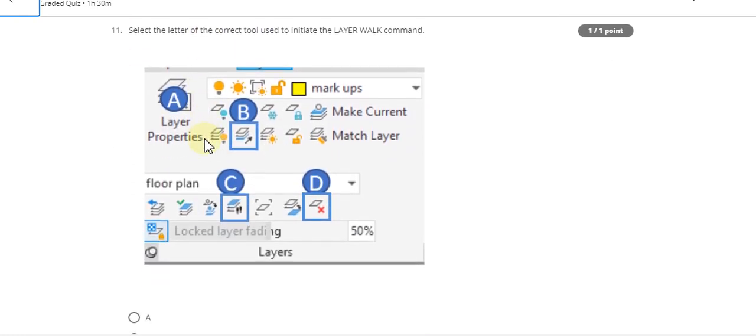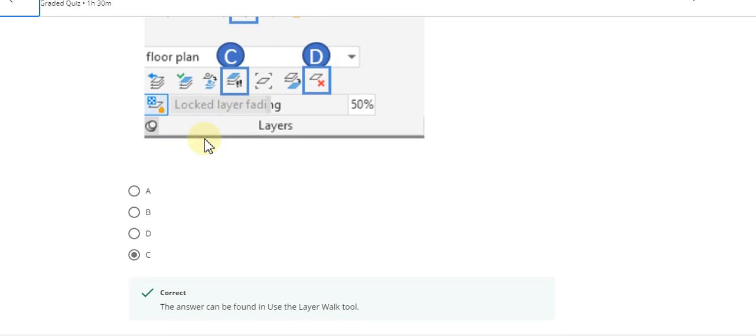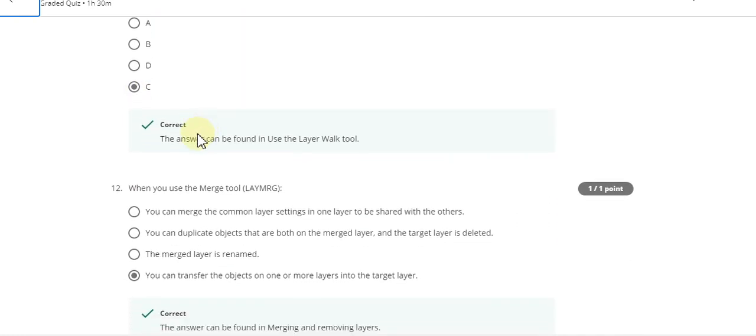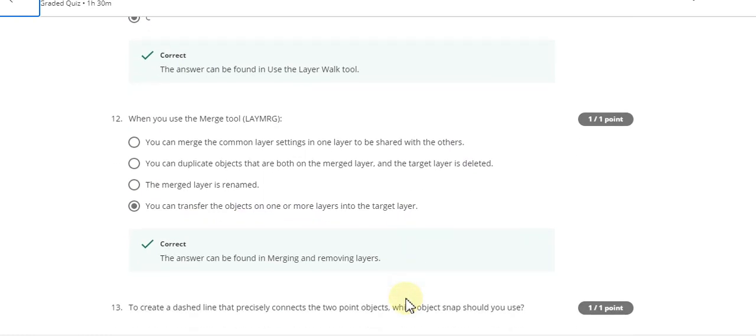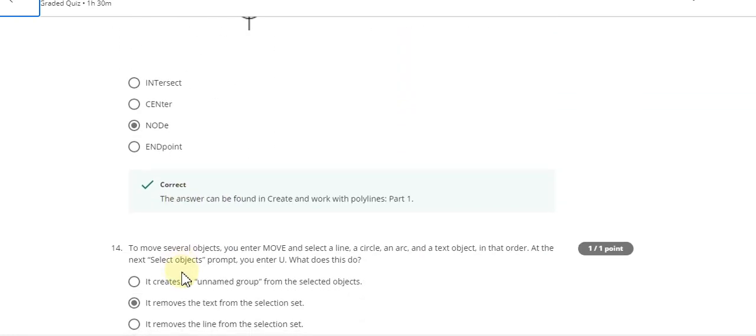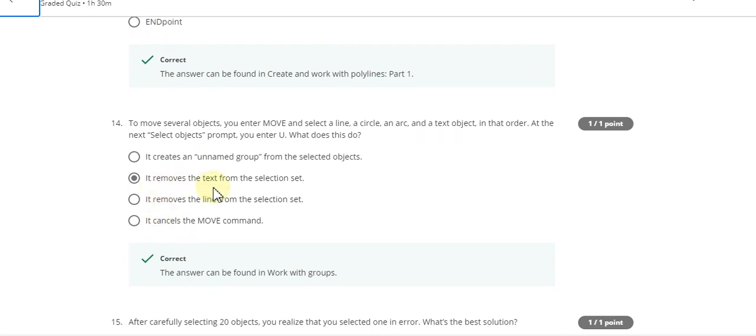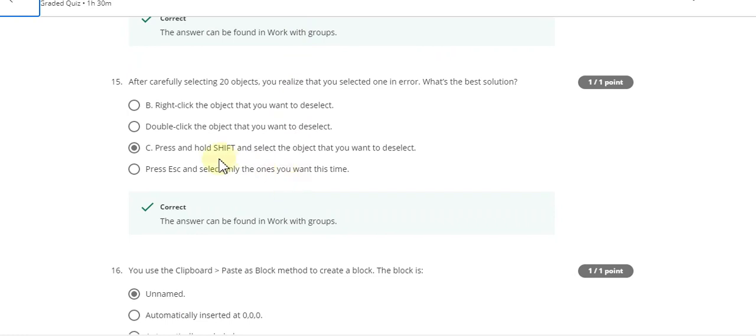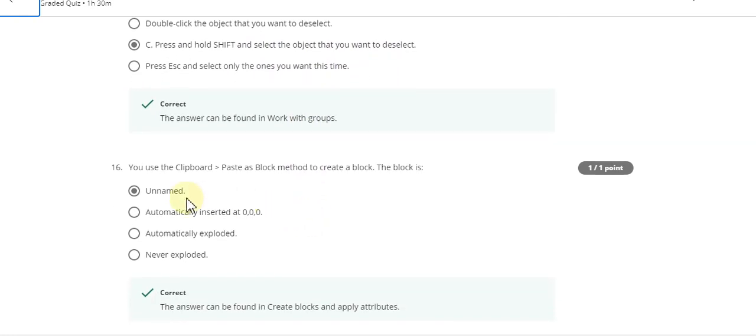question number 11 and the answer is C, and the question number 12 answer is you can transfer the objects on one or more layers into the larger target layer, and the question number 13 answer is node, and the question number 14 answer is it removes the text from the selection set, and the question number 15 answer is press and hold shift and select the object that you want to deselect, and the question number 16 answer is unnamed,